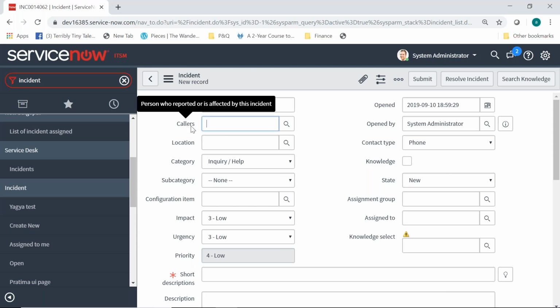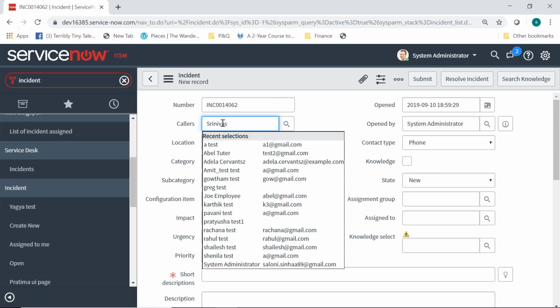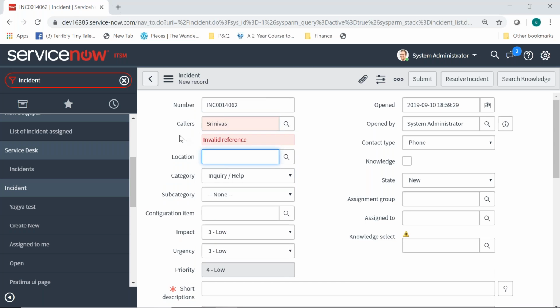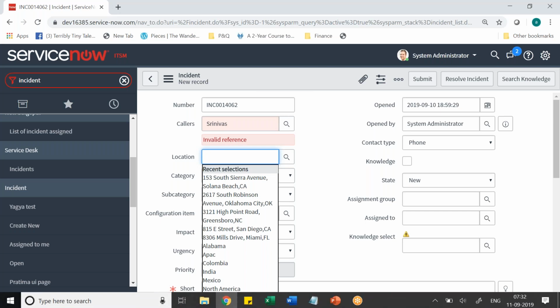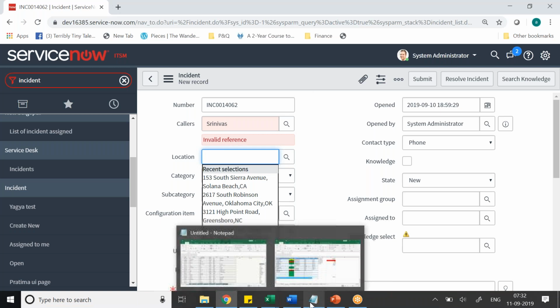If you can see in here, let's say I write maybe Srinivas over here. Take my mouse anywhere outside, it says invalid reference, which means it shows the field in red color, meaning there is some issue in that given field. Why is it giving us the red color? Because within ServiceNow, guys, you will see n number of fields having this magnifying glass. What does that mean? If a field has a magnifying glass within ServiceNow, the technical term for such fields is reference. Does that make sense?